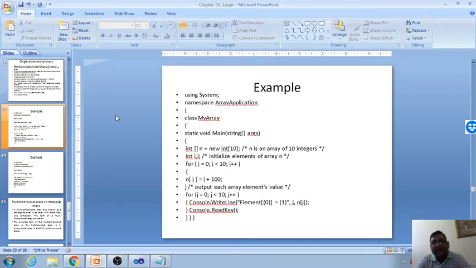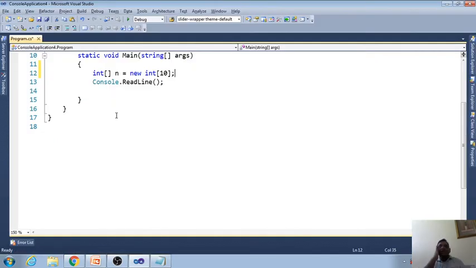This is the way to create the array. So I have created one array of integer type and the name is a. A is the name, integer is the data type, and 10 is the size. It means in this array I am able to store 10 values.